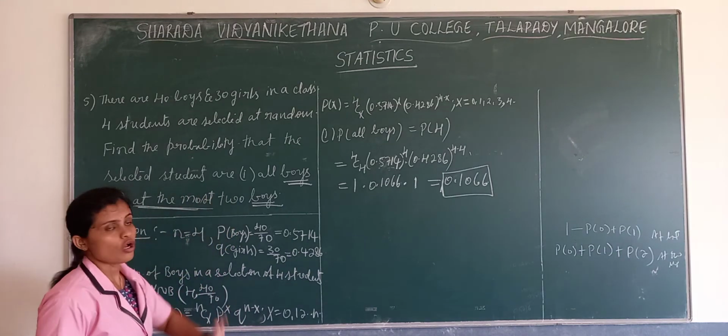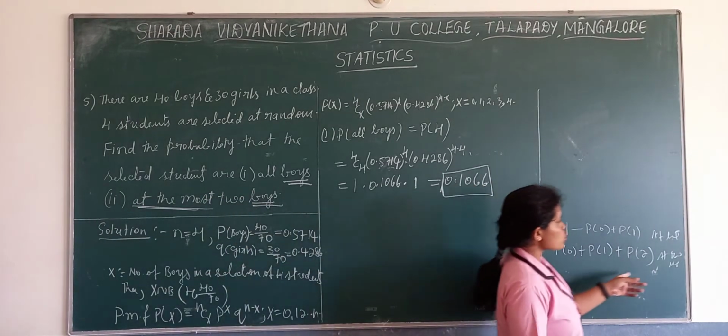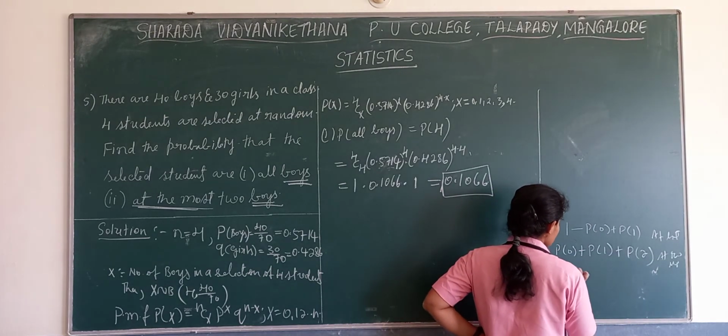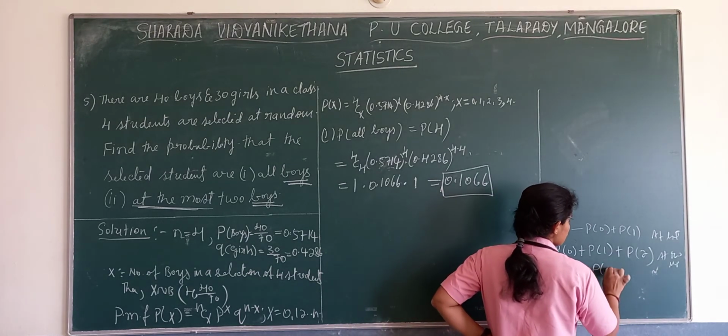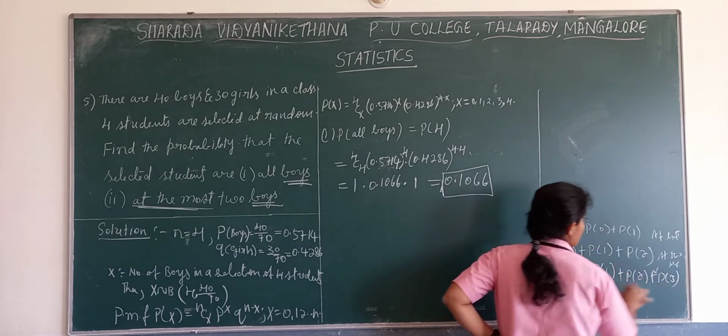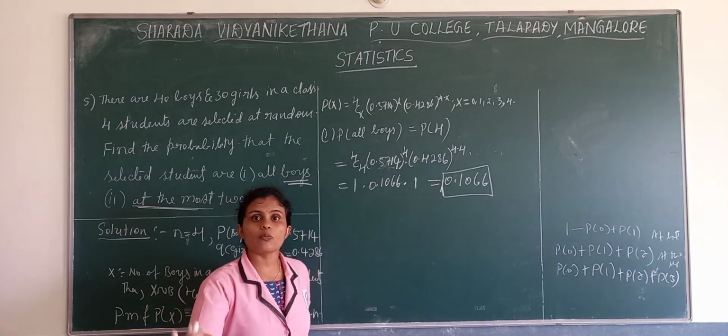At the most 2. For example, at the most 3. At the most 3 means P0 plus P1 plus P2 plus P3. At the most 4 means